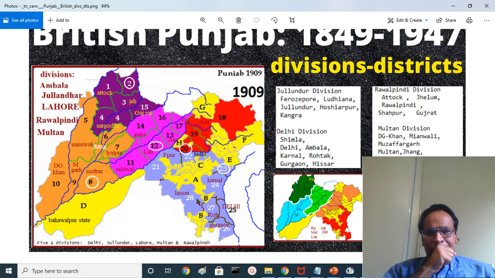Then the Jalandhar division is Firozpur, across along the Satluj River. This is the princely state of Faridkot. Then we have Jalandhar district here. This is the Jalandhar. Then we have Hoshiarpur district, a big district. Then we have Pahadi speaking or Kangri speaking Kangra district. Kangra district at that time is a Kangra here.